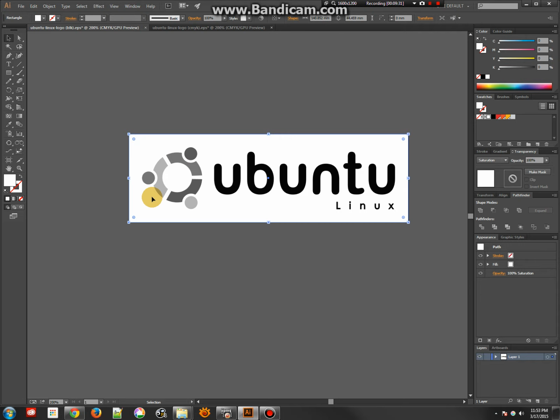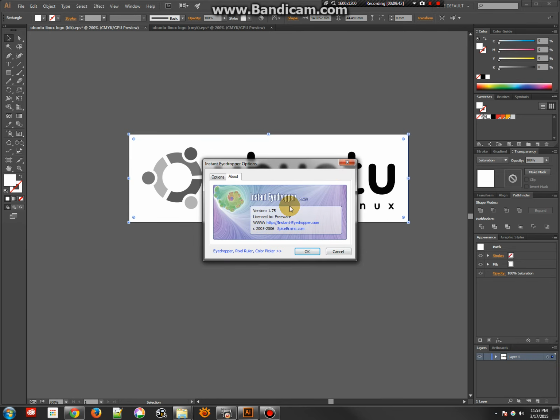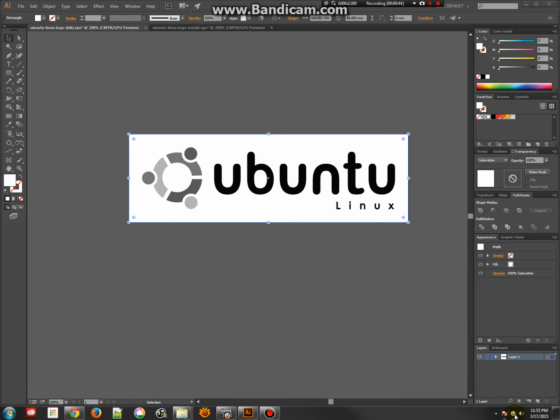Now, you can't pick these colors very easily, but if you have a third-party picker, like I have, what is this thing called? It's called Instant Eyedropper. It works really well because you can hover over objects and you can actually grab their color from it, and you can use the different color models in here to find out which ones they are. So if I want to find out what that RGB color value is, I can